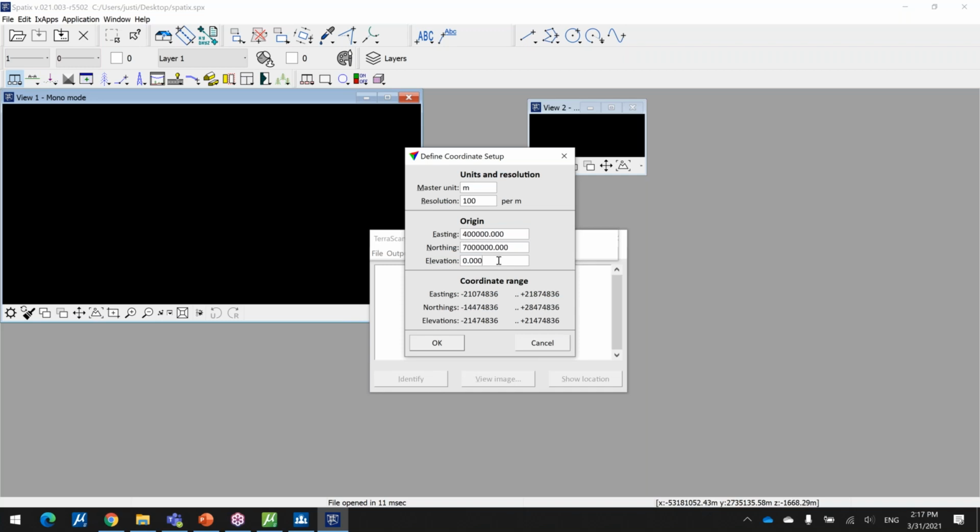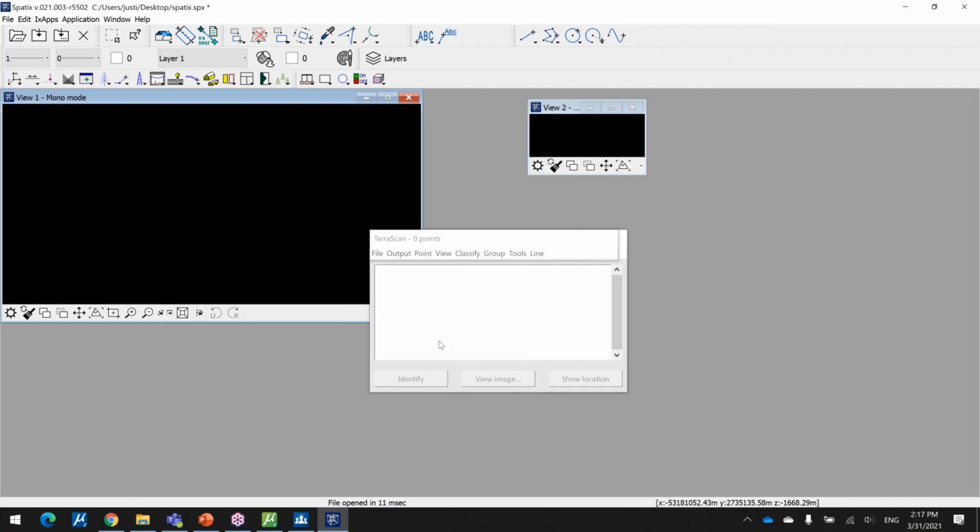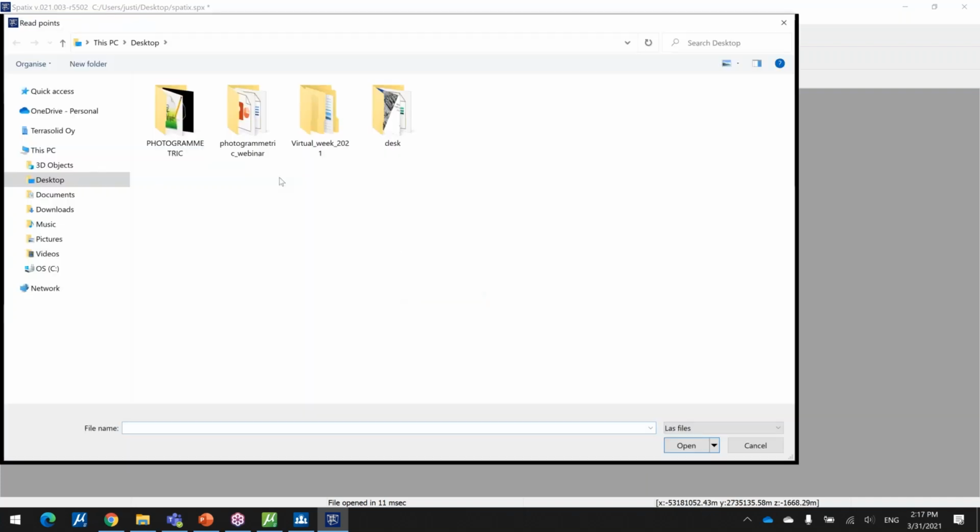So type those values in. It was under the first icon. And then define coordinate setup, 100, 400,000, and 7 million. So now the range is defined, and we can repeat the step for reading points,